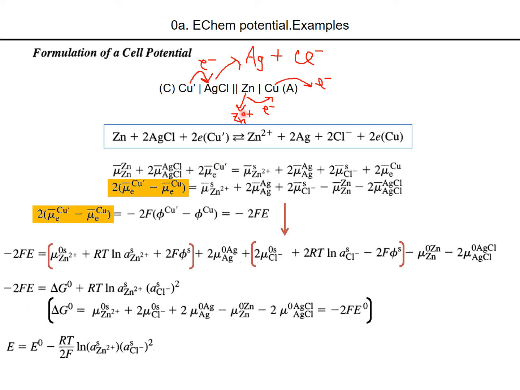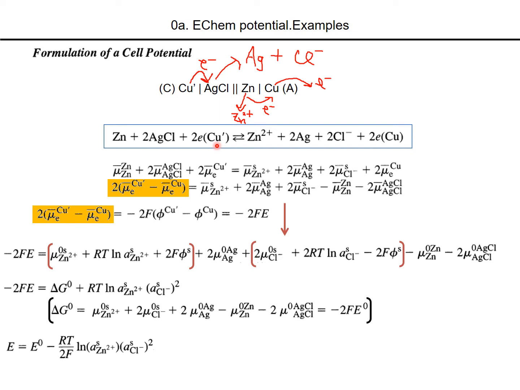Then, okay, based on this knowledge, let me set up the chemical reaction equations, actually electrochemical equations. Zinc plus 2 AgCl plus 2 electrons from copper prime goes to zinc 2+ plus 2 silver plus 2 chloride minus plus 2 electrons to the copper. That is the full cell equation. Of course, those 2 electrons could be cancelled against each other, but let me leave them on the left side and right side